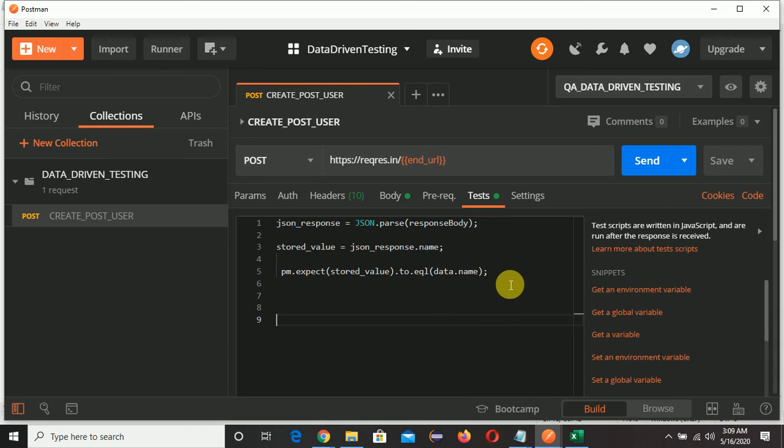Now we need to run. Before running we will add console.log also, so we will see whether data.name is Morpheus or not. So we will use console.log with this name, semicolon. Now save it. Now we need to run through the runner.